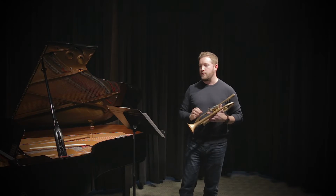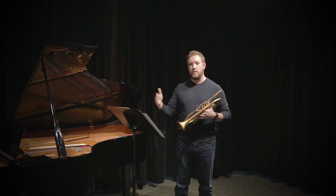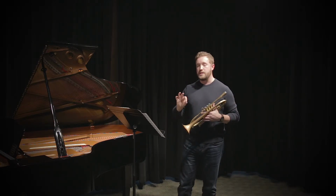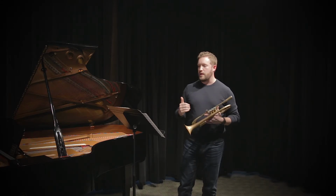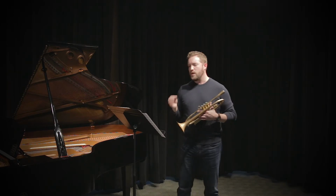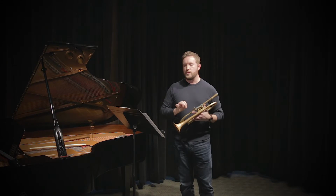Take it maybe a phrase at a time, 4 measures at a time when you're practicing, just to make sure you play things through very clearly, very evenly, with a nice clear sound no matter what range you're in, so that you can keep it very consistent all the way throughout. Once you've got the notes figured out, and you know what you need to do with your fingers,